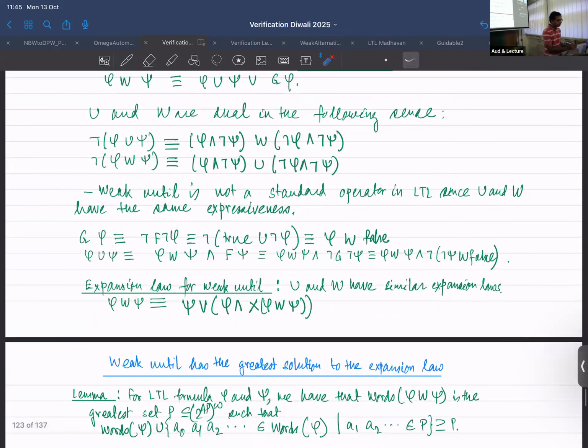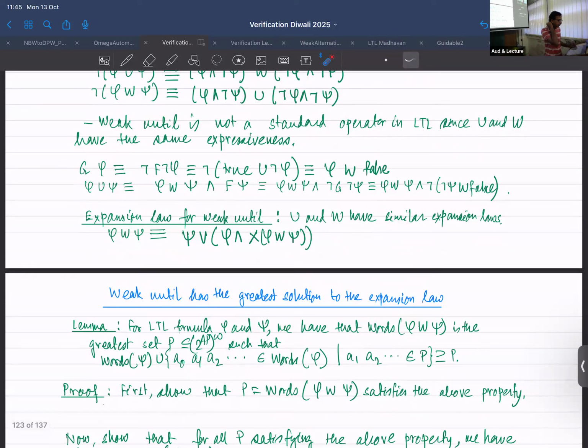And similarly, if I say negation of phi weak until psi, again we are saying that phi continues to hold and then there is no psi, and then there is a point where phi ceases to hold. Phi ceases to hold, right? And then psi is also not. Okay, is it clear? Right. And